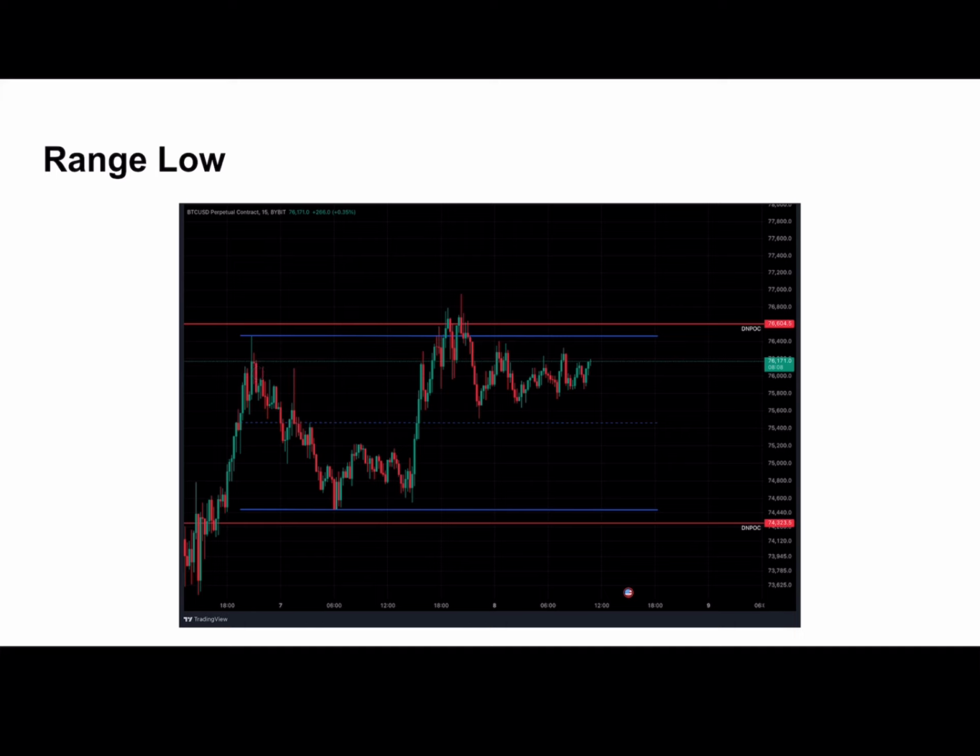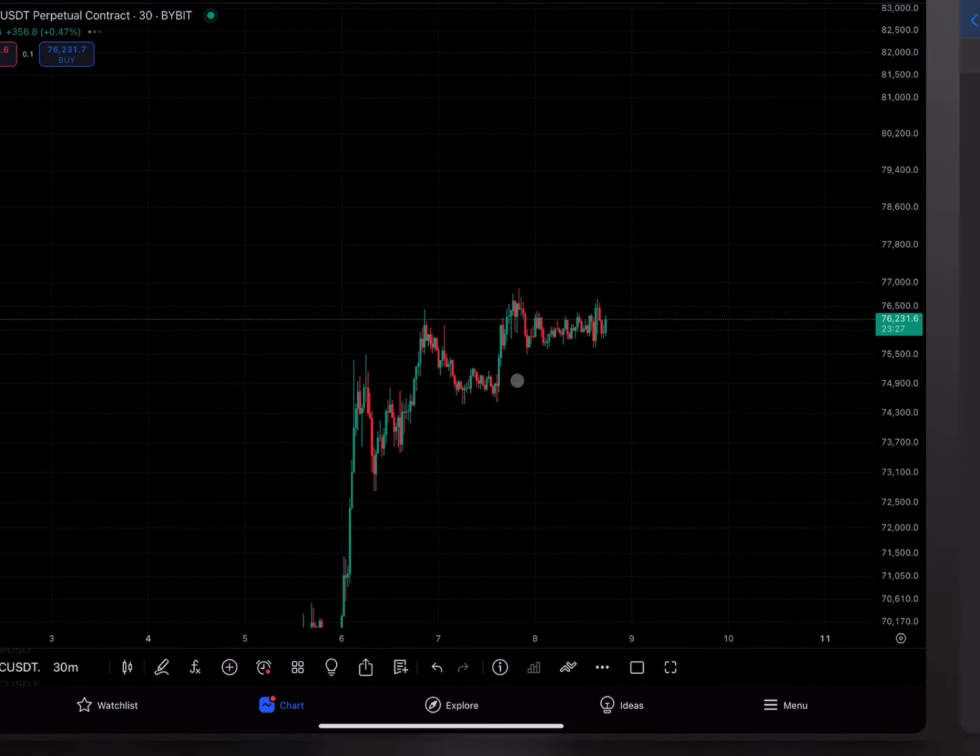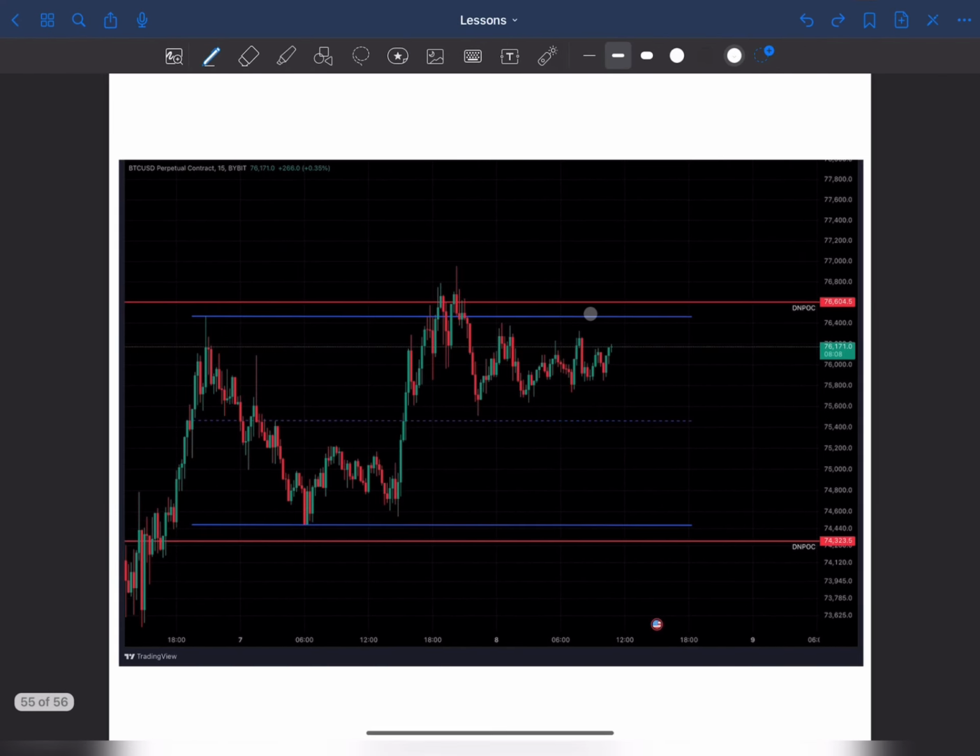On a sideways range, when you see a range like this, you don't want to join the market when we are at the highs or when we take this high here. You want to enter the market at the lows, because if this is a sideways range at an all-time high, you will have resistance above the highs, and then you will have support at the low of the range you build. So you want to enter the market right here, because that's the most profitable area to actually long.